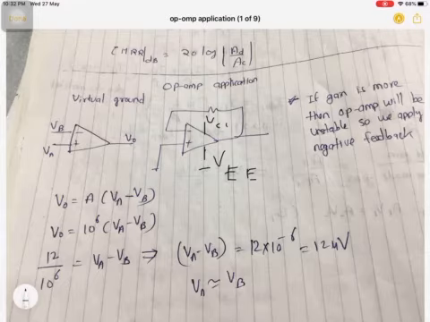So this is the basic difference. Here we see that whether the input is 0.5 volt or 1 volt, the output is still 12 volt. That means it is independent of the input, and that is a non-linear application. Whereas if we take 1 millivolt as input, the output will be 1 volt; for 2 millivolt, the output will be 2 volt. So it is increasing linearly, and that is a linear application. Today we will start with linear applications.